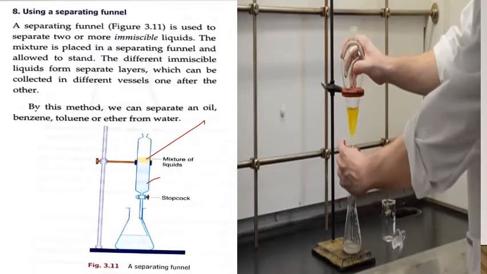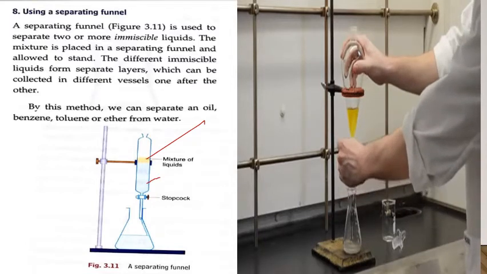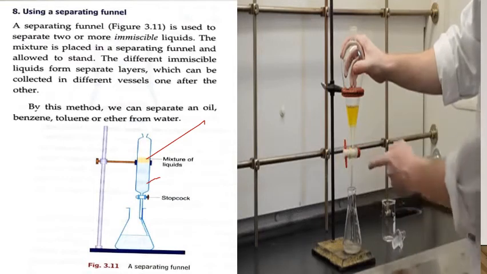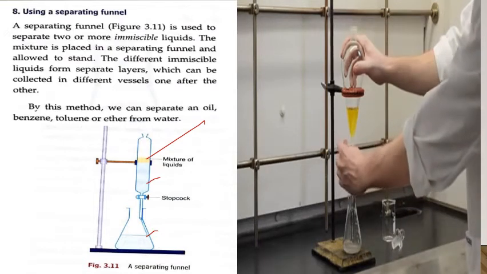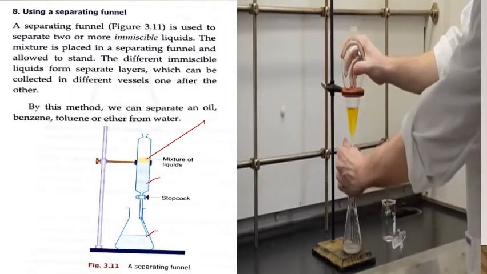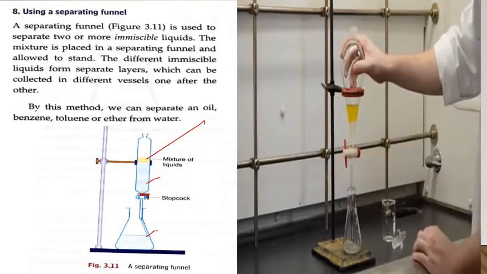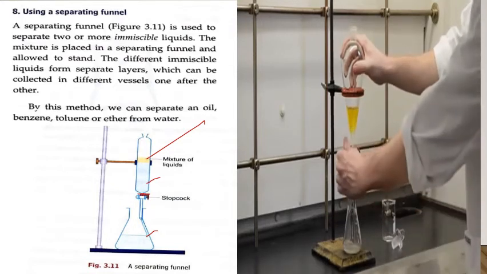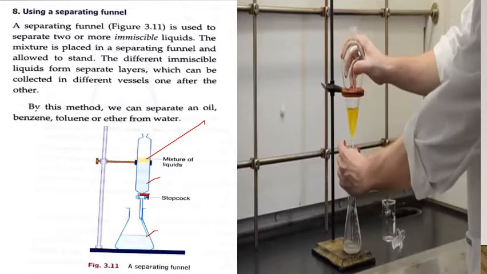When you open the stopcock, you move it and you start putting the water in this vessel. You can separate it because oil will not mix with it and oil will remain in the top layer. When the oil layer has reached over it, you can stop the stopcock and then you can change the vessel and you can get the oil in some other beaker or whatever you are having.